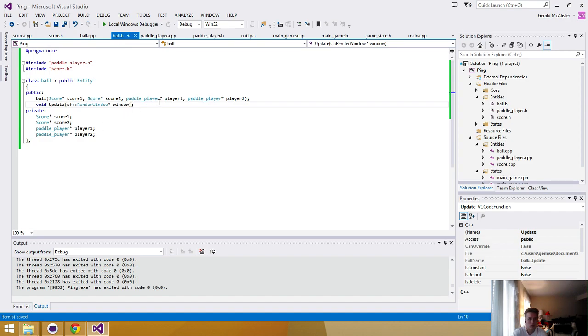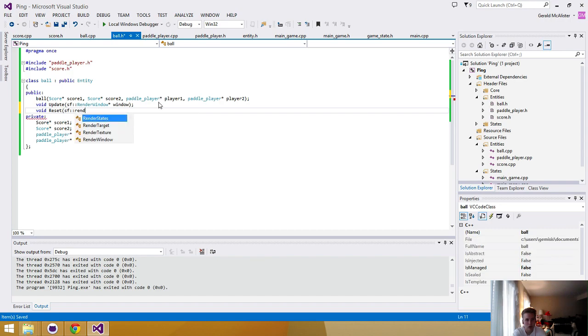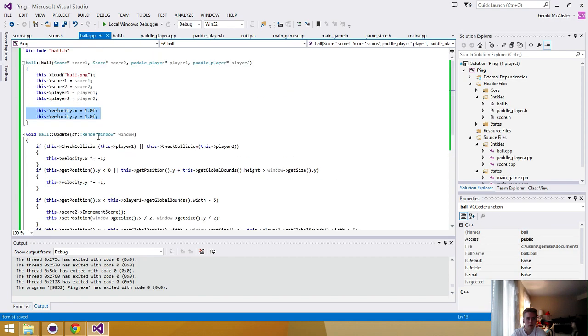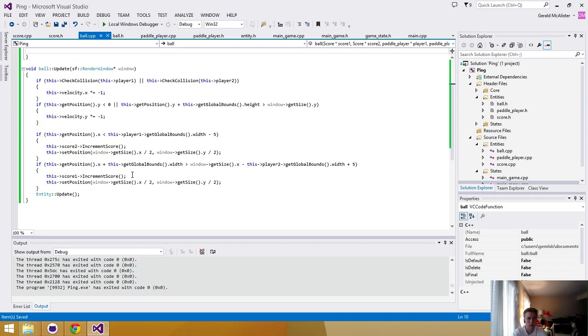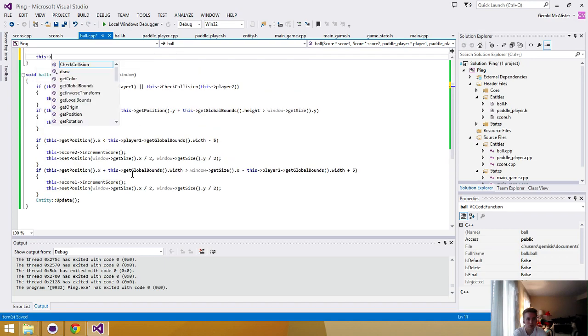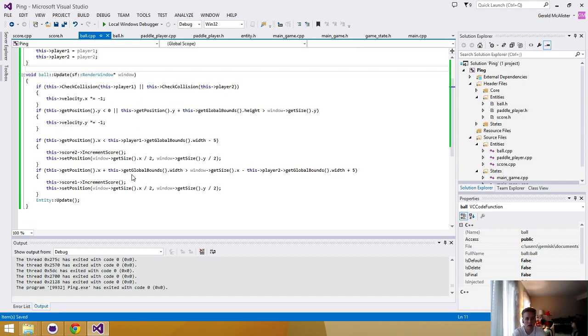So what we're going to do now, just to kind of clean things up, is make a reset button. Reset. And this will take in a render window. And we'll come down here. This reset. We can actually just call that